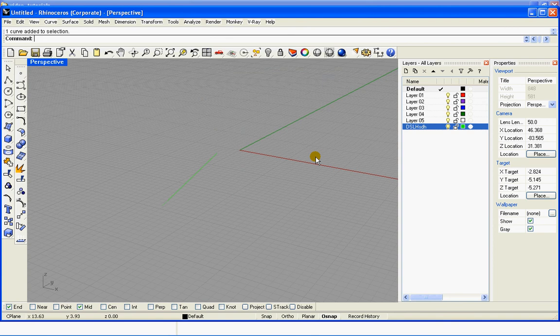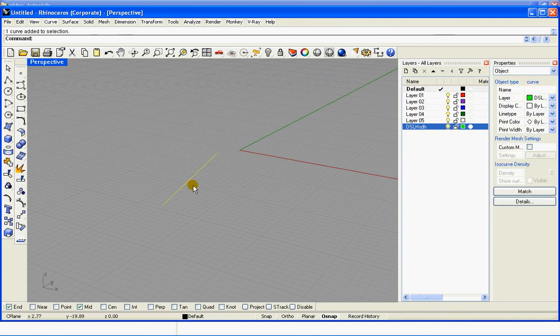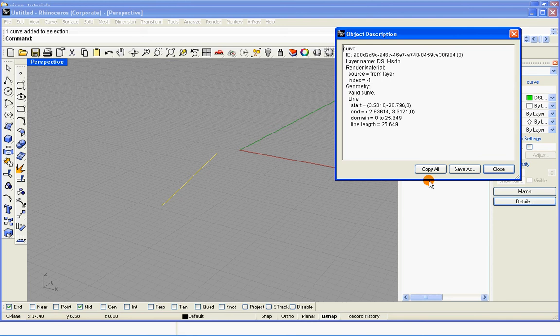Another thing is we can touch an object and show its different properties, like which layer it is on, how it displays, the line type, etc. You can also press Details and it will give you information about the object you have selected before. In this case, for example, it's very important, the line length or the starting and